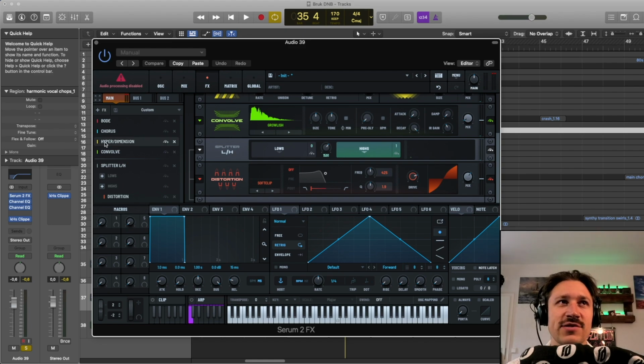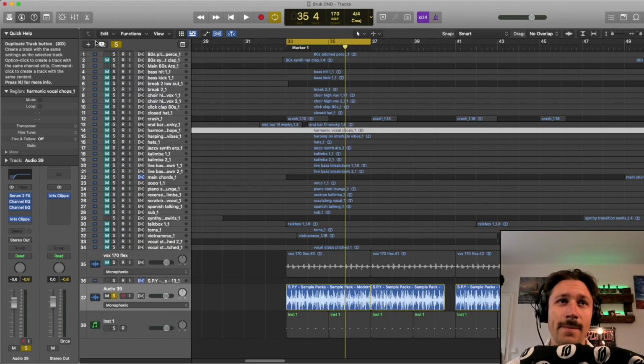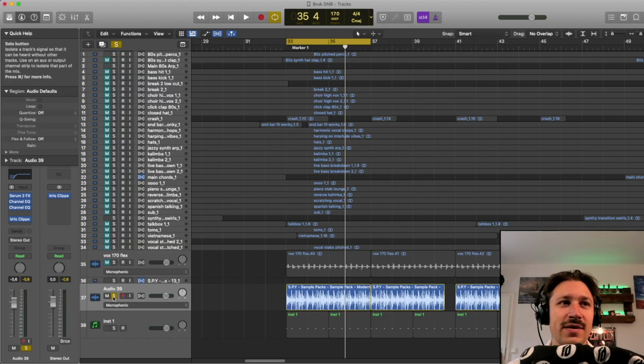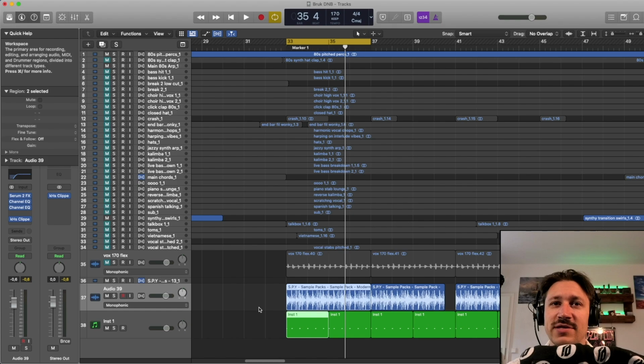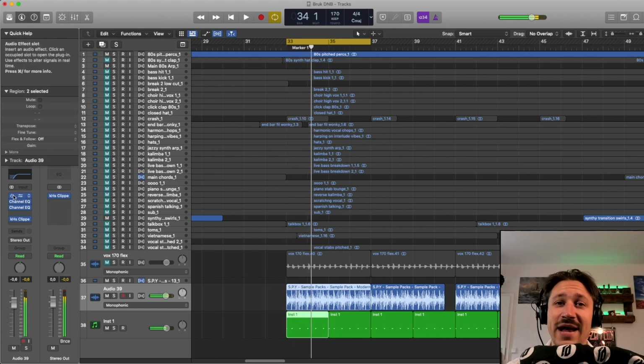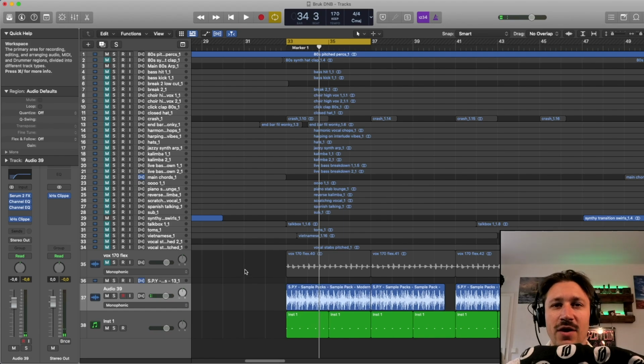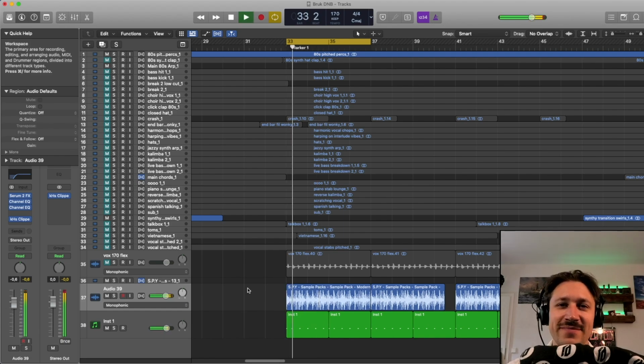So the first effects were all extra stereo harmonics, and then the last one was just bringing everything up together. All right, so that's how I beefed up this break with Serum FX, and it has much more of a vibe to it now. It's already a nice break to begin with, but now it's got this over-the-top stereo vibe on it,